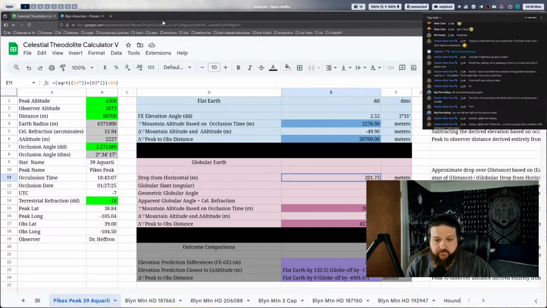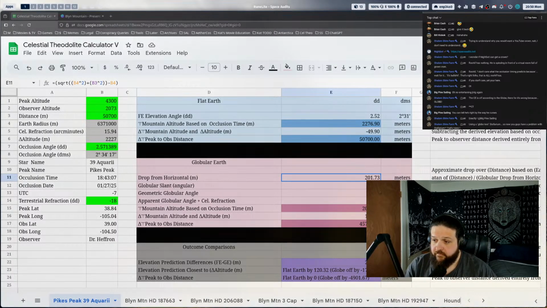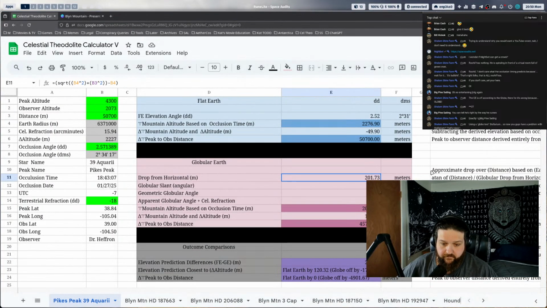Yes. Right. Now, if you took that angle and then got the other two parts, like the height, so if you have the angle and the height, then you can derive the distance, and vice versa. So when you take the angle that he's saying, oh, it's actually 219, if you were to derive the distance, it would be way off. It would be 5,000 meters off. That triangle would be off, and then the height would be exactly what the globe predicts as drop, being off by that exact amount. That's the significance of it.